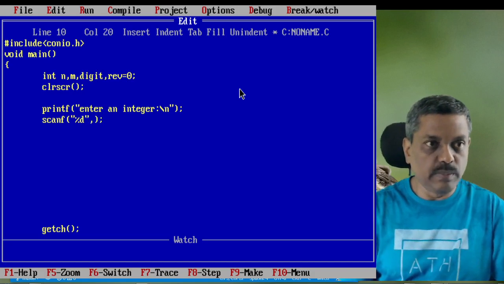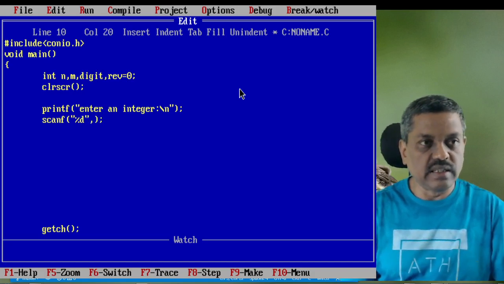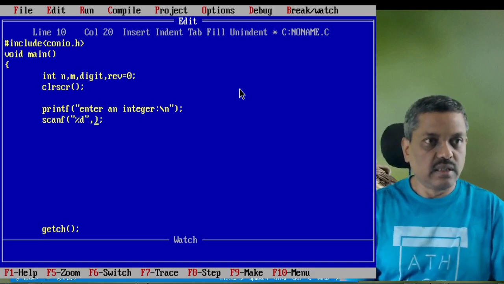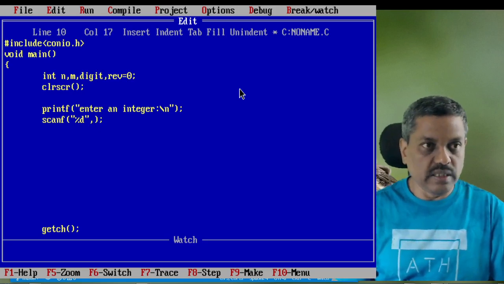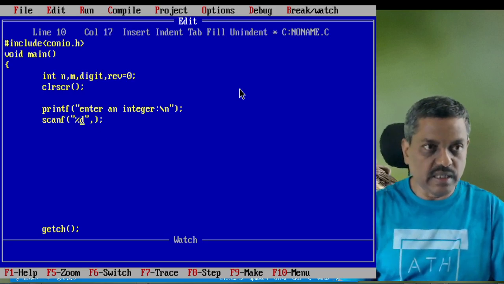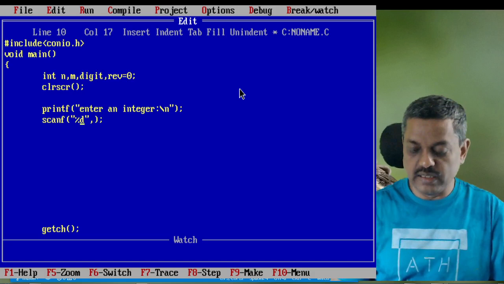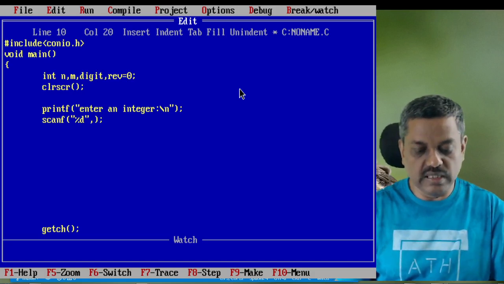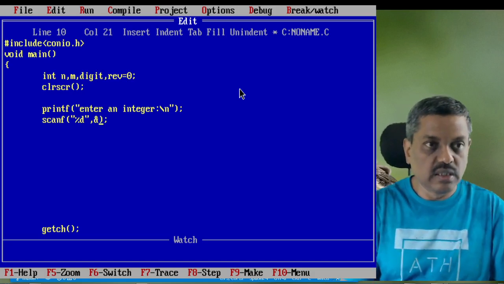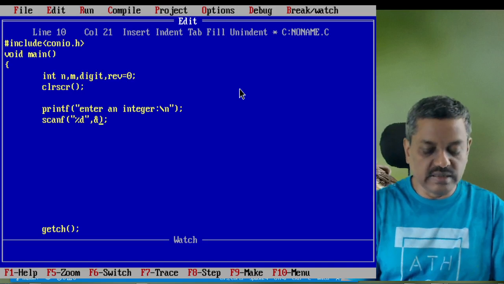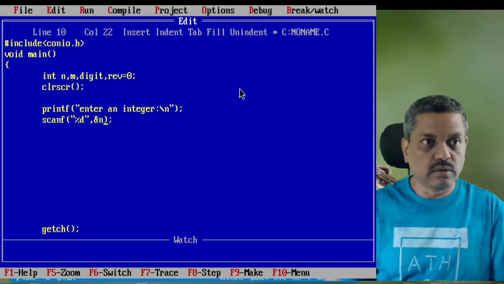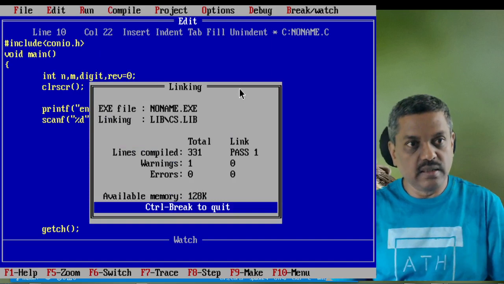Sometimes, if you want to read a bigger number, you may declare it as a long integer, and that can be read through %ld. And where to put it? We need not worry. Simply put an ampersand, which will take it to where exactly the variable has been defined. Then slash n. Now compile again.